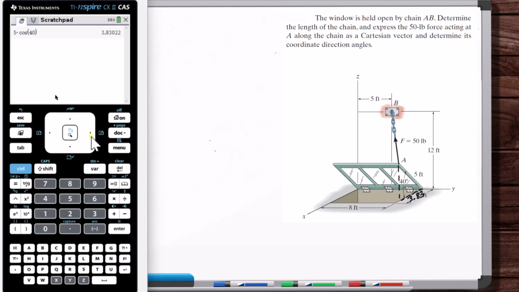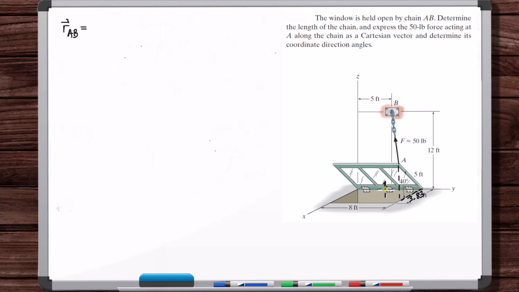Okay, and then 40 sine of 5, 3.21. Okay, so